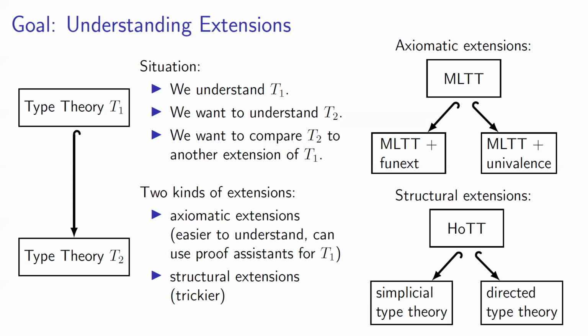Now there's a second kind of extension, which I think, for me at least, is much harder to understand. Where again, you start with homotopy type theory or some other type theory, and then you just change the structure to get, for example, simplicial type theory or directed type theory. There are many different versions of directed type theory, and all of them work slightly differently, but they are expected to do similar things. And so how am I able to compare how they correspond to each other?